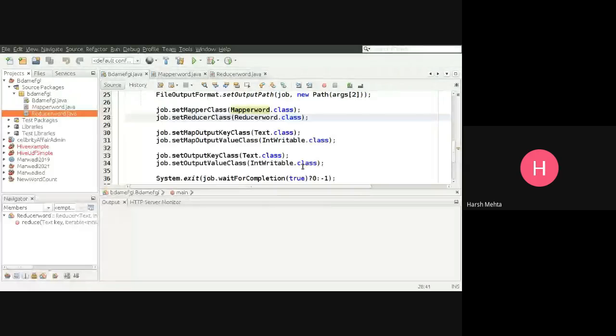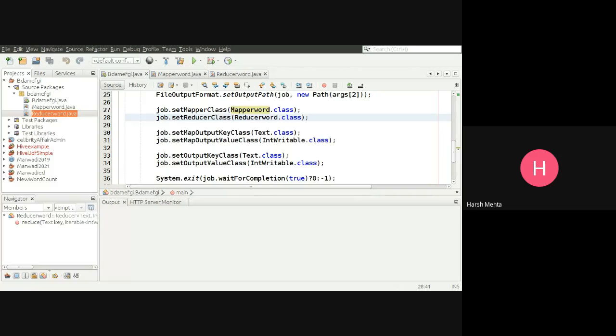Now you see we already have 3 programs: driver code, mapper code, and reducer code. So next, we need to make the partitioner program.